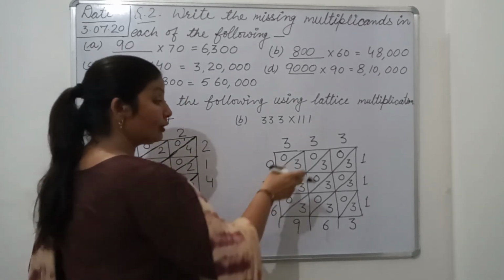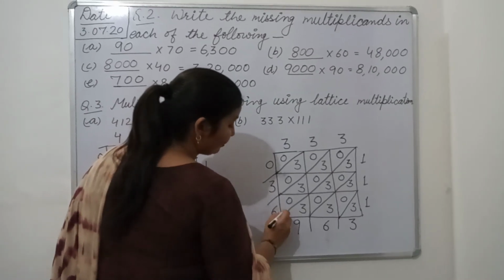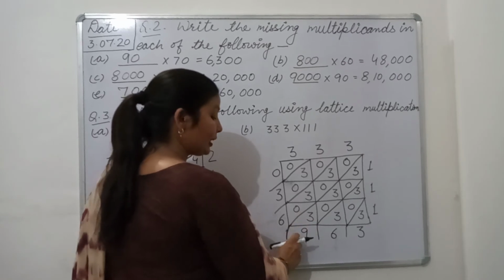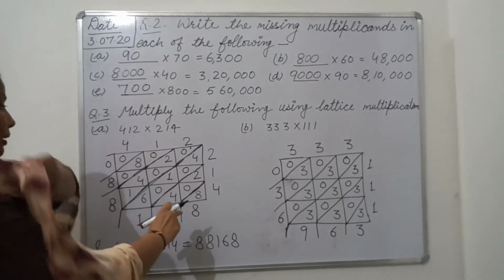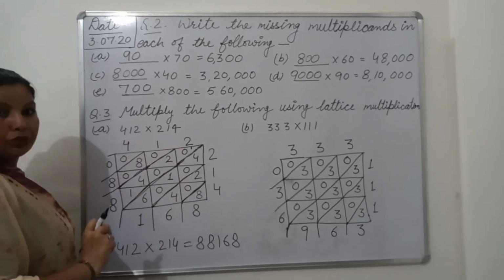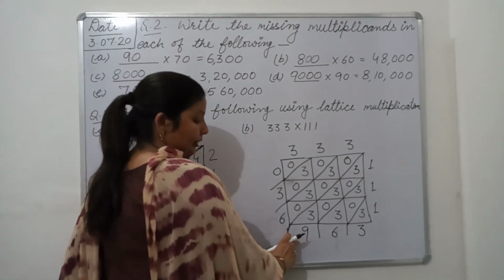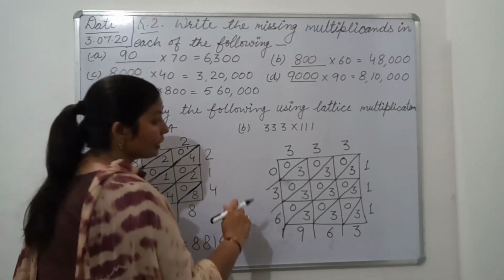So diagonally you will add. And if the sum is in 2 digits, what will we do? We will not write a 2 digit number here. We will write the 1's column and the 10's column will go as carry. Like in this question we had 11, so we gave 1 carry. So the same way, if you have a sum in 2 digits, the 1's column will be written here and the 10's column will go as carry. Okay.